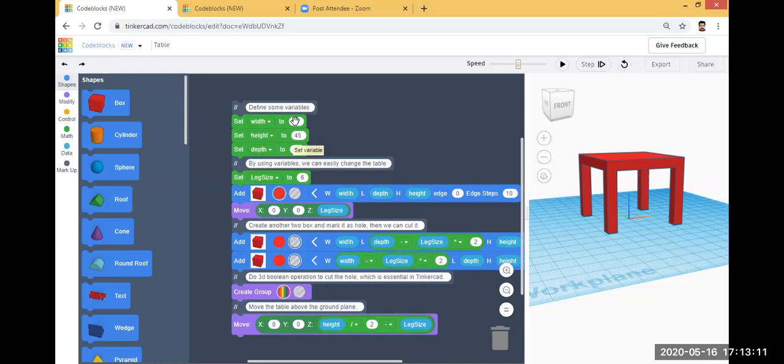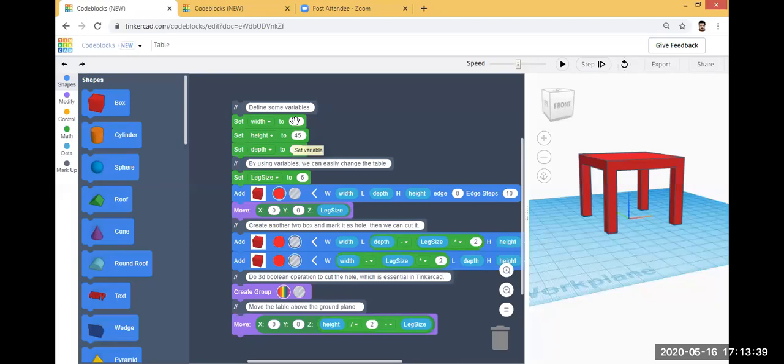So width is actually a variable. Then you can see set height to 45. That means height is another variable. Then depth is another variable. Then leg size, you can see it is 6. So these all are variables. So code blocks includes the creation and use of the variables.